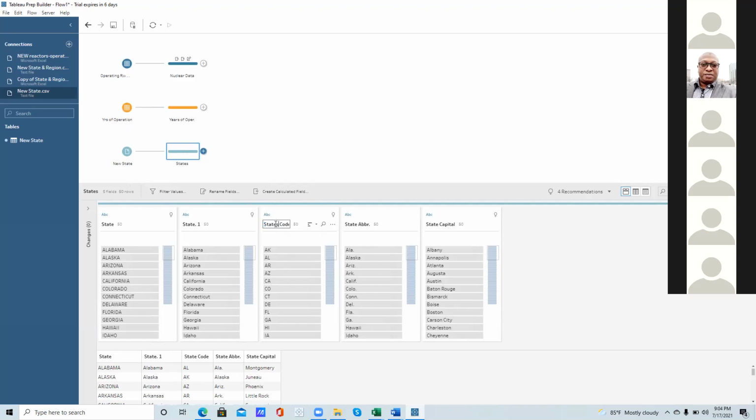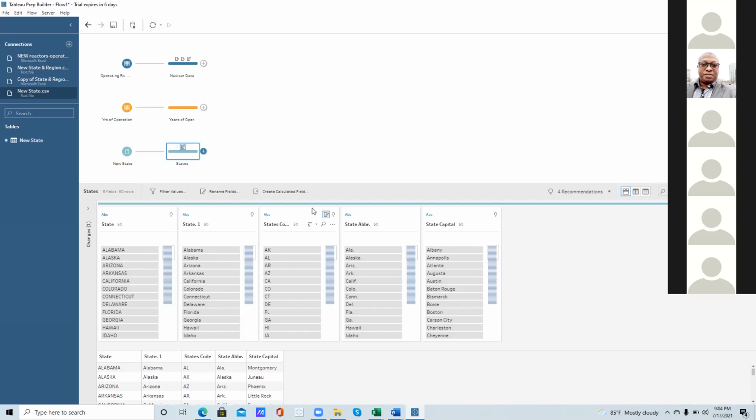Now what we're trying to do is to join those data, and they will join based on relationship. This is the only thing that is relating the nuclear data table and the state data. I think Loki has created that in real time, so let's confirm again.